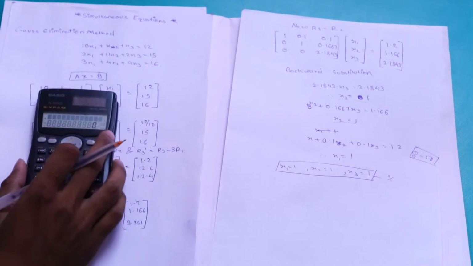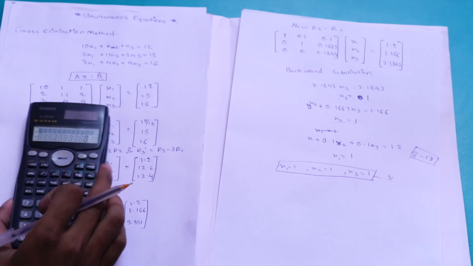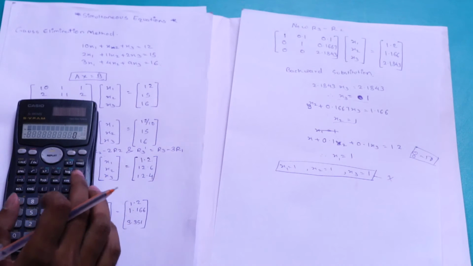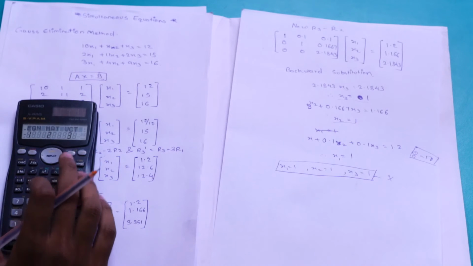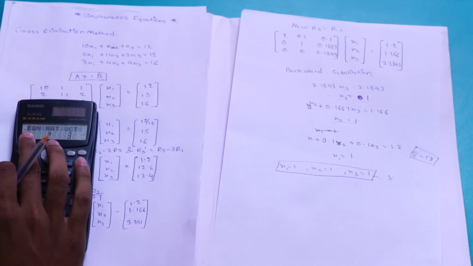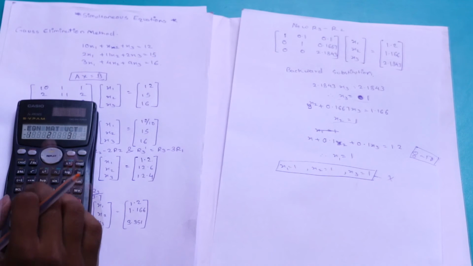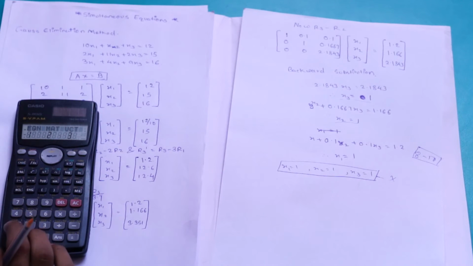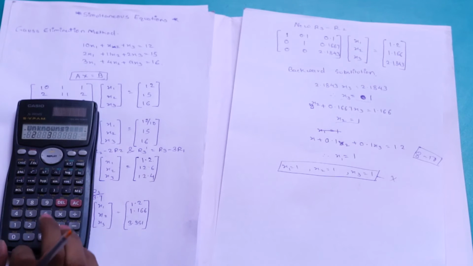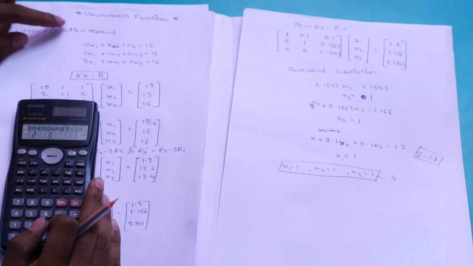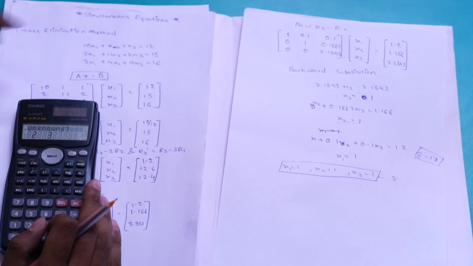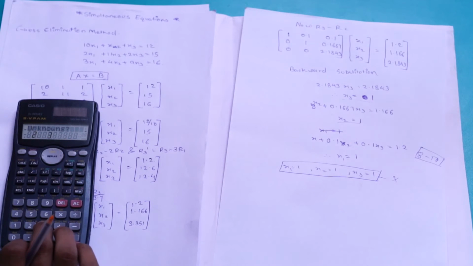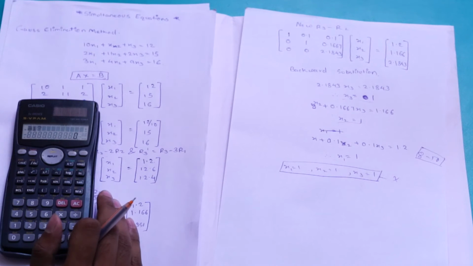First of all, we should turn on the calci and convert it into equation mode. Then we have to press the mode button 3 times. After getting EQN, this is equation mode. In this mode, we can write the equation in the calci. So we have to press 1. After that, here we have 3 unknowns, x1, x2 and x3, so we should press the 3 button. So the 3 unknowns are set.